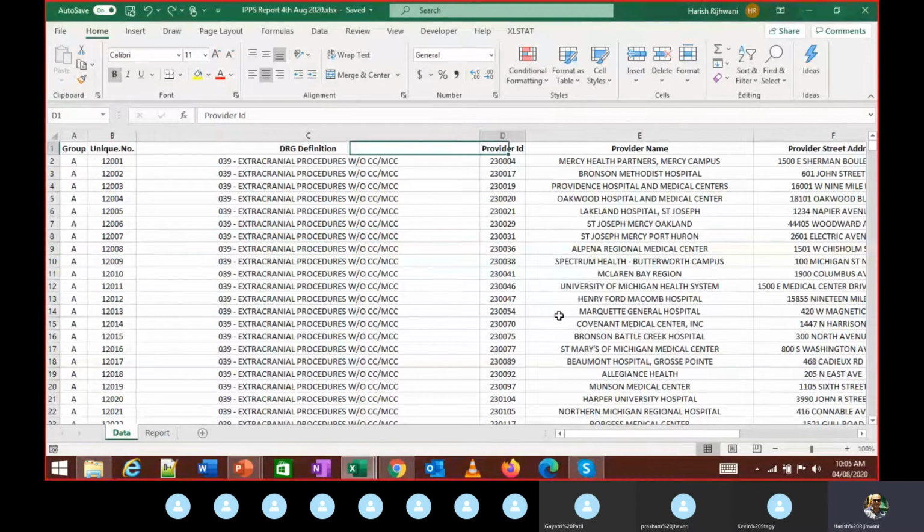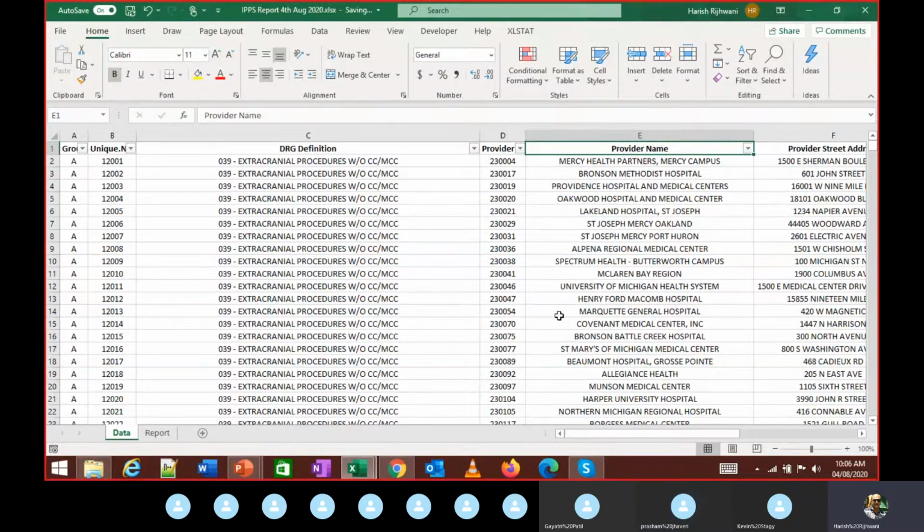When you go to provider name and look at this, how many rows are there in your data? 4,800 plus. Right, 4,800 plus.